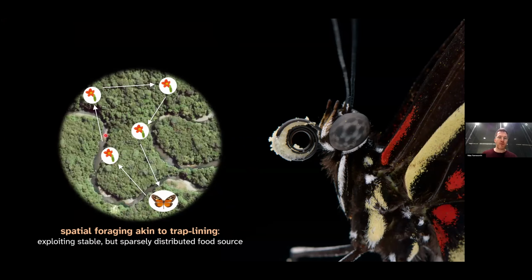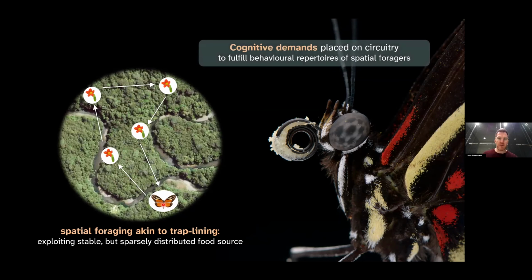So let's imagine you go for a very efficient shopping route, right? You know where all these different shops that you want to go to are, and you are super efficient going from one to the other. And this is basically what those butterflies also do. This is because these pollen-containing plants are quite rare in the habitat of those butterflies, but they flower really stably for up to a year. So if something is rare, but it's very stable in how it can be perceived and used, it makes sense to be able to memorize it, right? And this is what those butterflies do. This kind of behavior puts certain cognitive demands on the circuitry, or this evolutionary process has put cognitive demands on the circuitry.